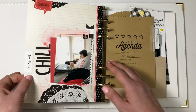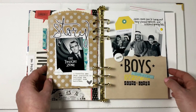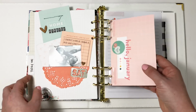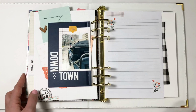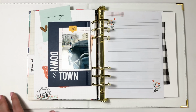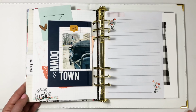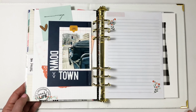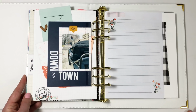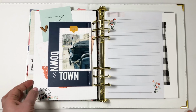I basically finished the whole entire week. So here's just a gauge for time-wise. I finished the whole week. I worked on it most of yesterday, most of Saturday, which was probably a total of 4 or 5 hours throughout the day. I get up early and I work at my desk before anybody gets up, and as the boys are roaming and doing things, I'm just at my desk on the weekends, if we don't have things to do. So I worked on it for a really good chunk,